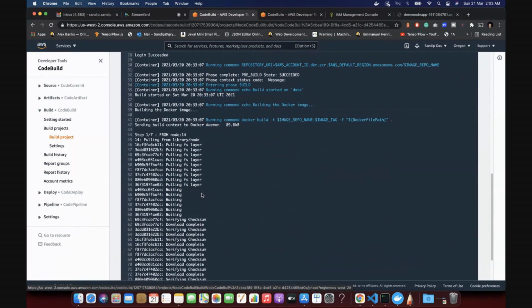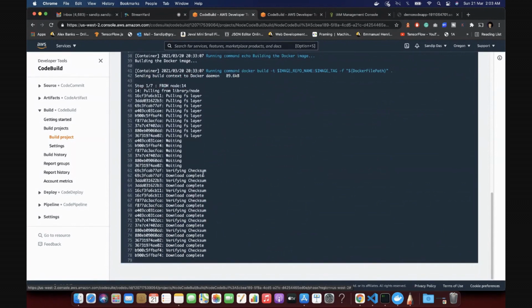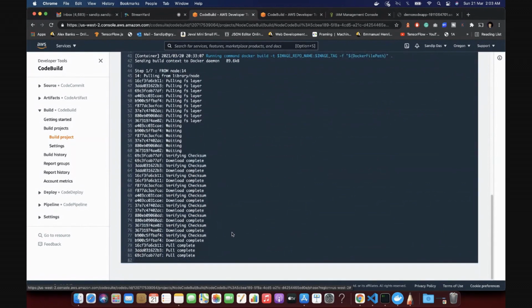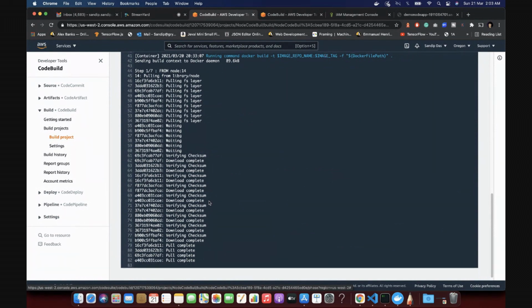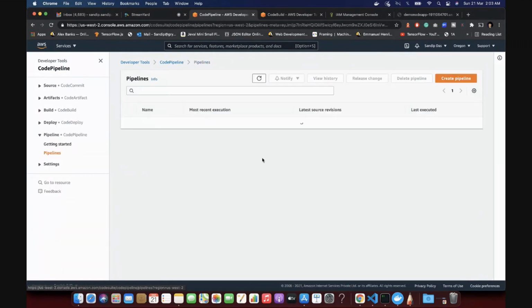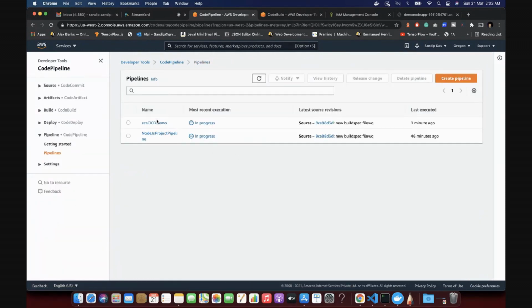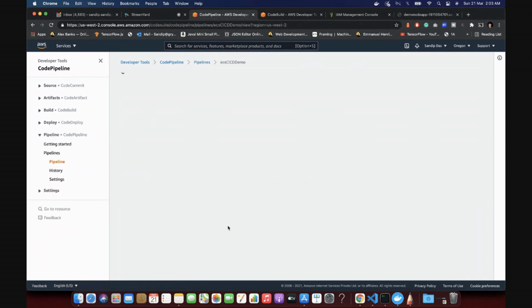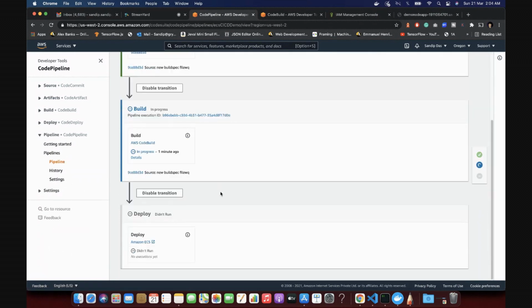Okay, it pulled the images, verifying it. Give it some time and we'll be done. Okay, build has succeeded. Now let's go back to the pipeline again. See, click on the CI/CD pipeline. The build has succeeded.